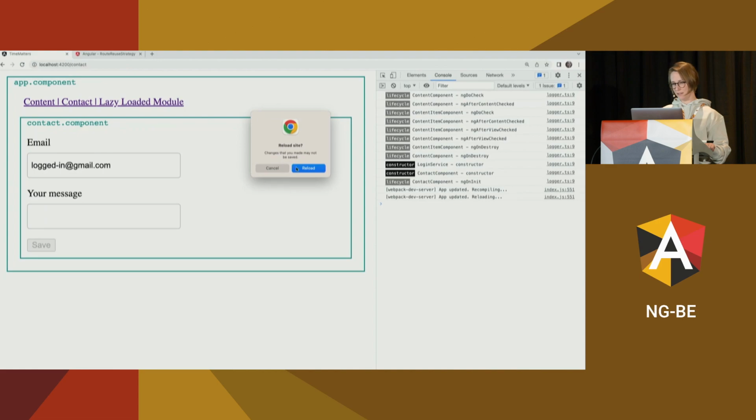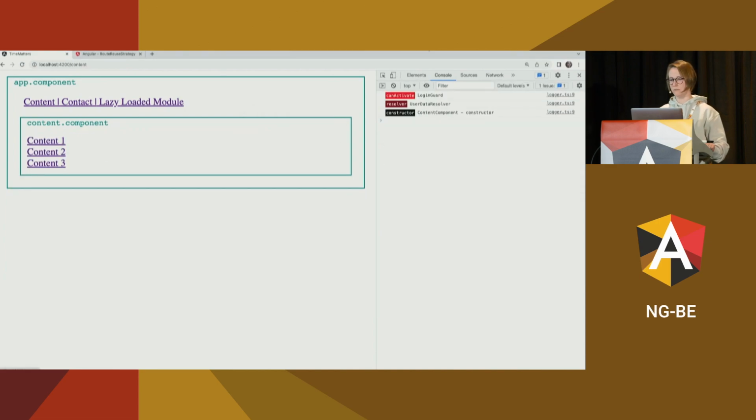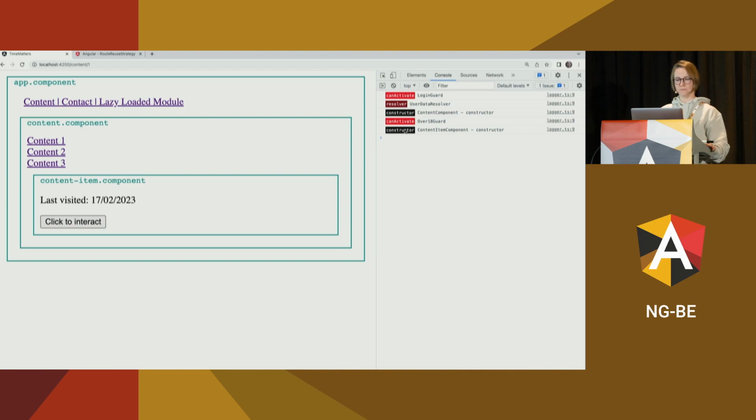Now let's have a look what happens here. We go to the content, we have the guard, we have the resolver. So far, so logical. And then we go to the content, and then we see the over 18 guard. So this is the sequence that we would expect.